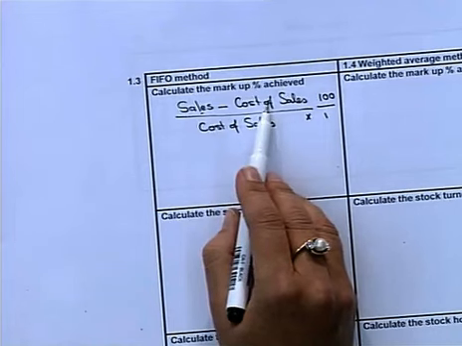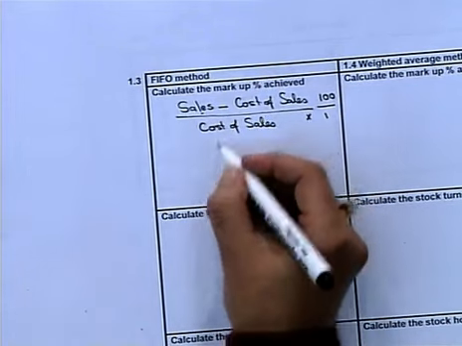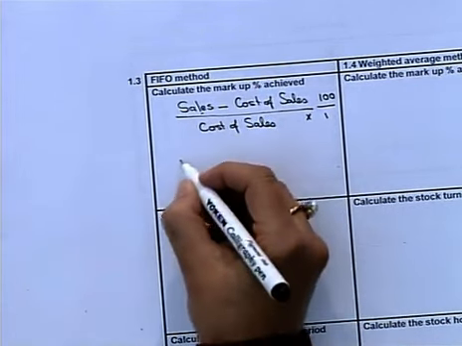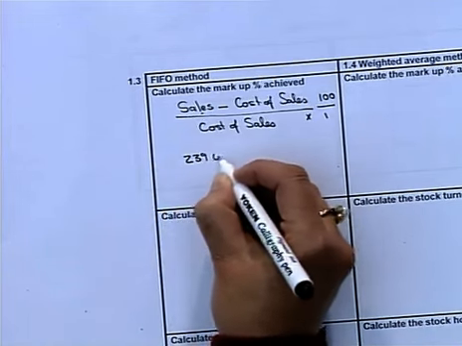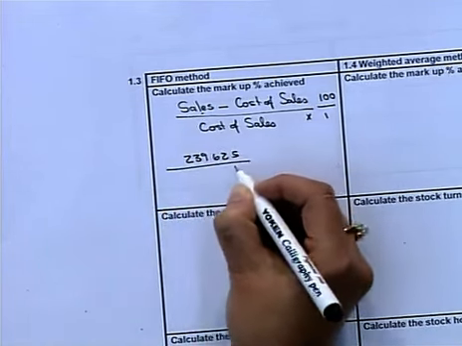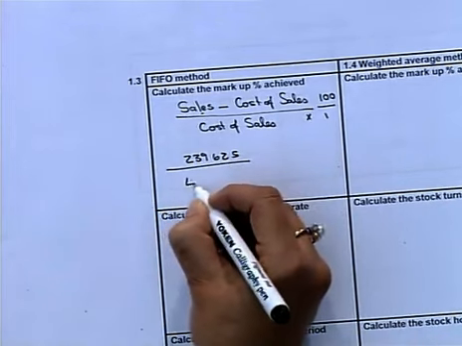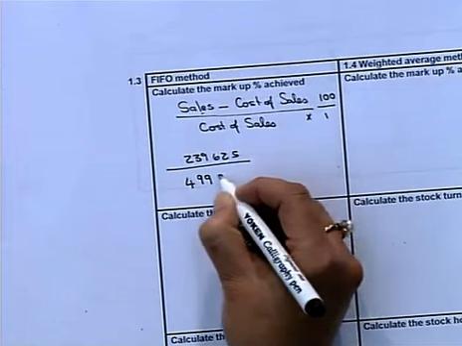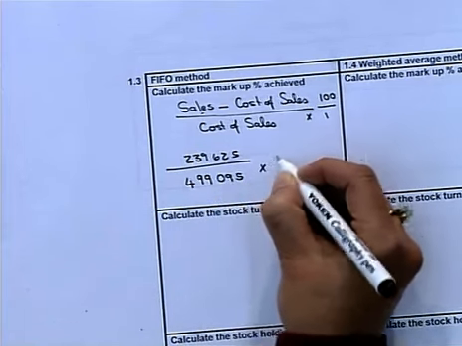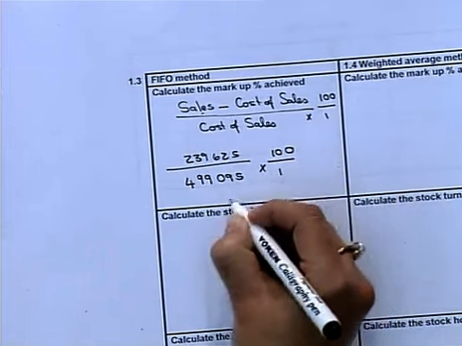You've worked that out in number 1.1 in the last block. So you can go, in the case of the FIFO method, to calculate the gross profit percentage, 239,625 divided by the cost of sales, which you worked out in the block just before that, 499,095 times 100/1, and that gives me